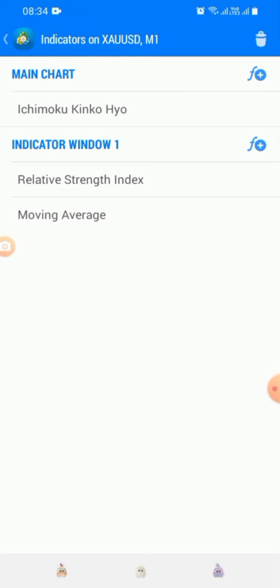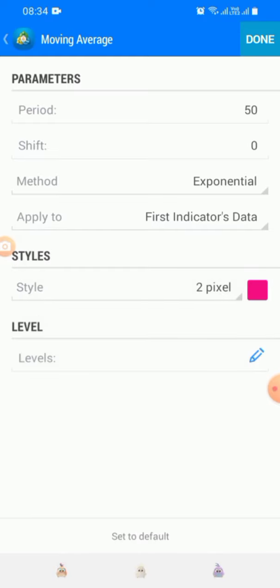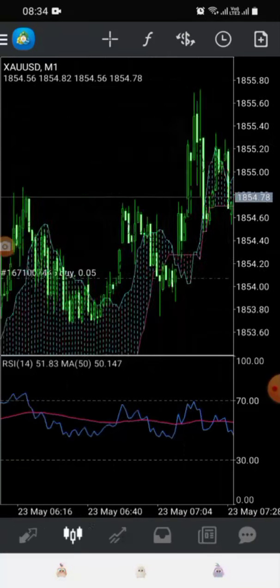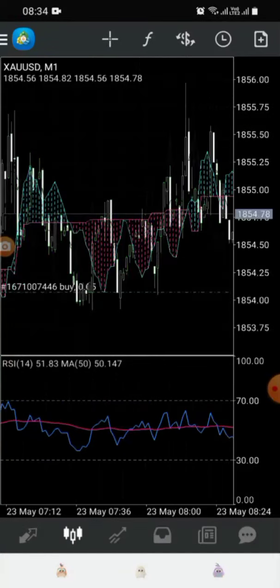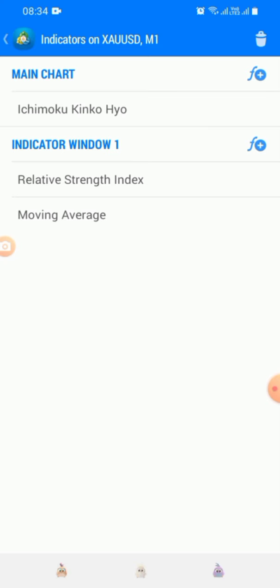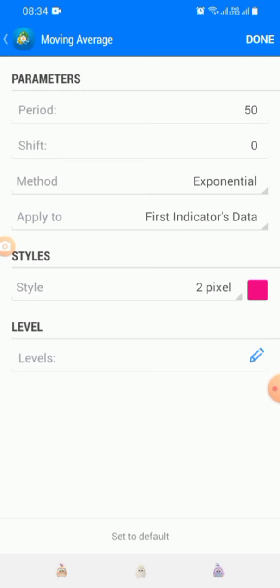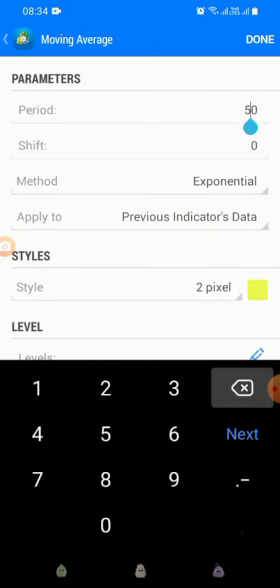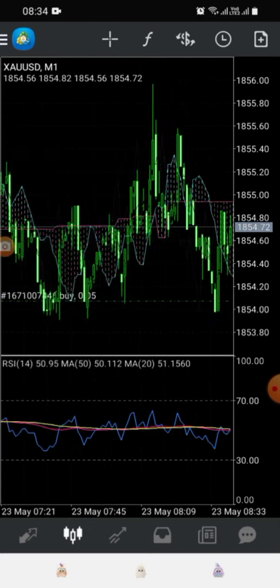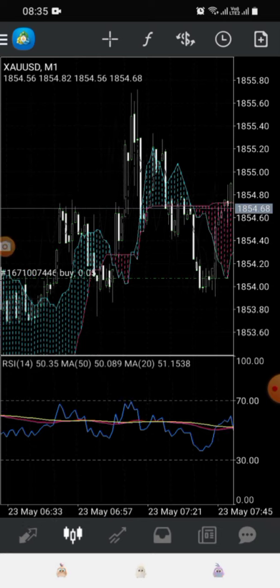But if you don't want it to move, instead of close, you will use the first indicator data. Okay, so if you move, it doesn't move. The pink is the moving average and it does not move. If you're adding another one onto this, let's say another moving average, this time you will not use the first indicator data, you will use the previous indicator data. You see? But if you use close, it will move and it will not show you the signal you're looking